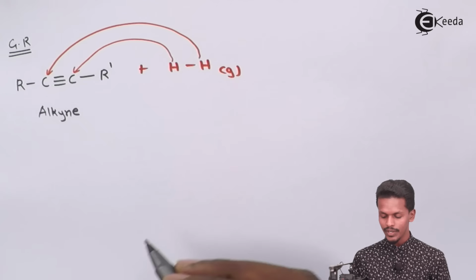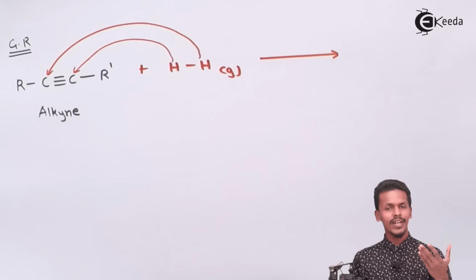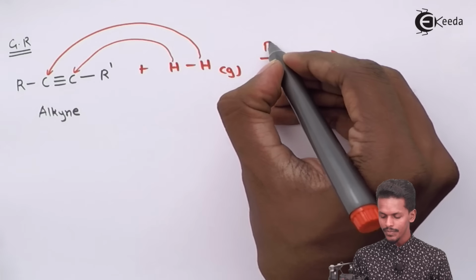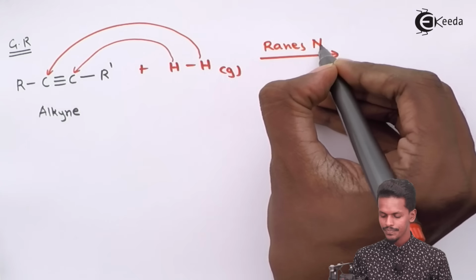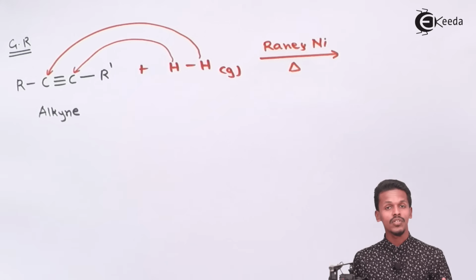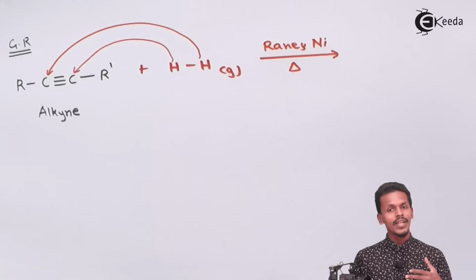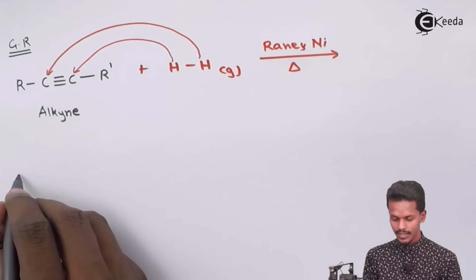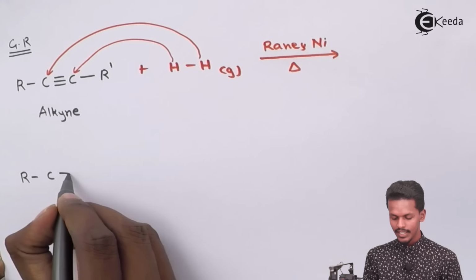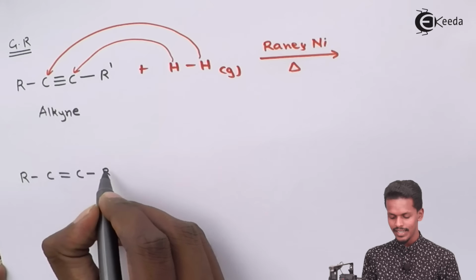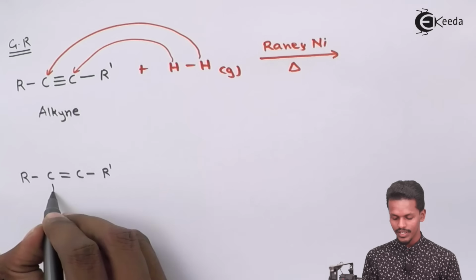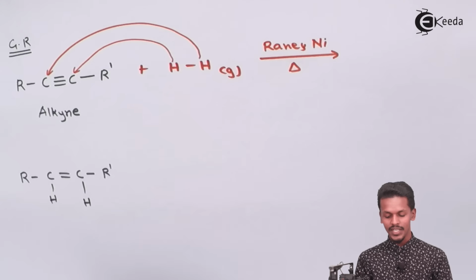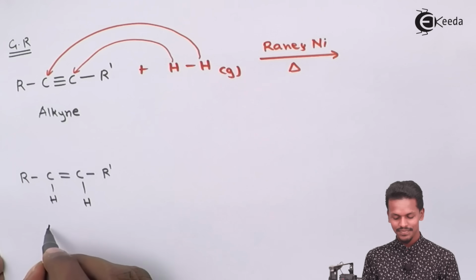So now the overall reaction that we could get is in this case, but this reaction will take place in the presence of nickel. So therefore we will write nickel over here, and in the presence of heat or in a warm condition. Now this has been converted into R C double bond C R dash, and one hydrogen is attached over here, and another hydrogen is attached over here. So now this has been converted from an alkyne to